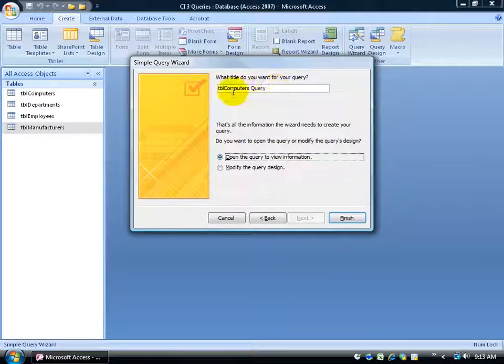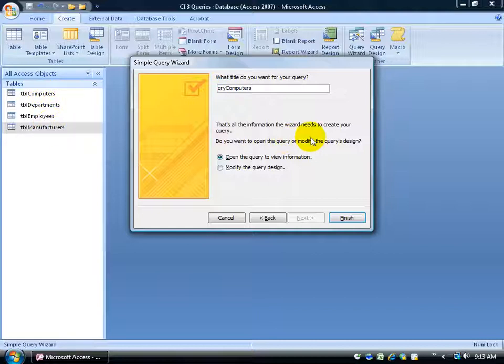Well, by default, it's going to give us the primary table, the first table we selected, TBL Computers Query. That doesn't work for me. How about if we just click and drag and delete at least the first part, TBL Computers, and just type in QRY, the three-letter prefix of what we're trying to create, which is a query, okay? So QRY, let's delete the query. That doesn't make sense. And say this is a query on computers. Because it is. I mean, we have most of it coming from the computers table anyways, and one from the